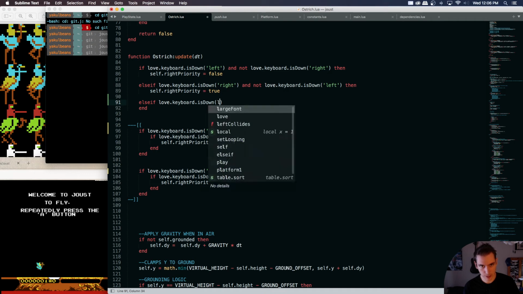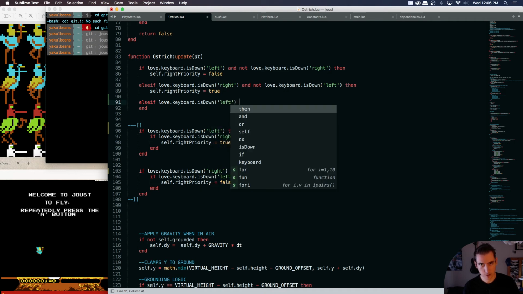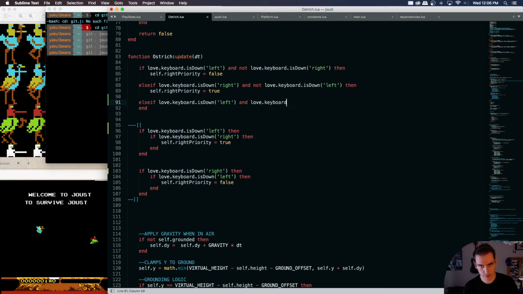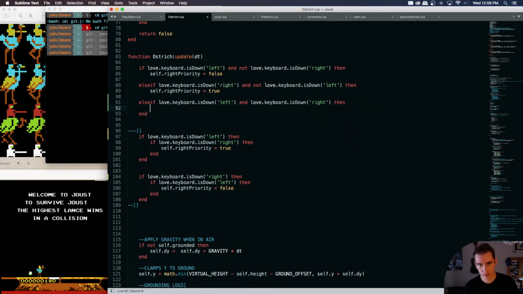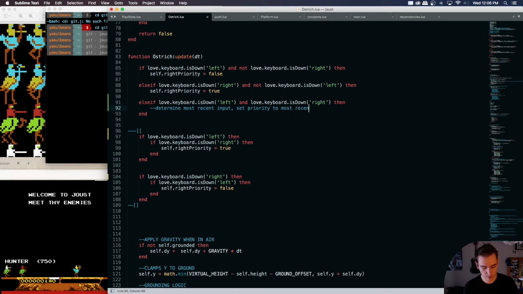Because we're trying to say, hey, if left is pressed and right is pressed, then determine last input or most recent input and set priority to most recent input. So instead of these two blocks where one can overwrite one another, we have one block that says if they're both down,